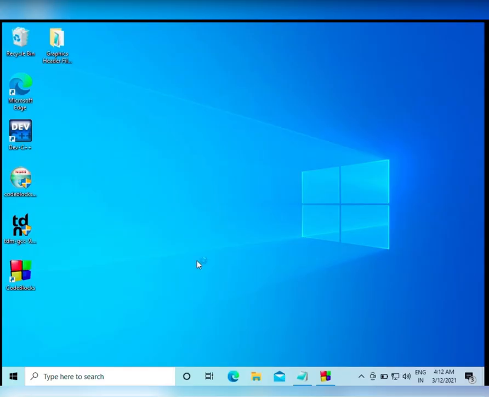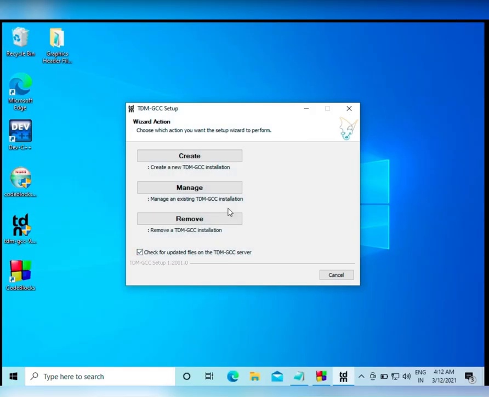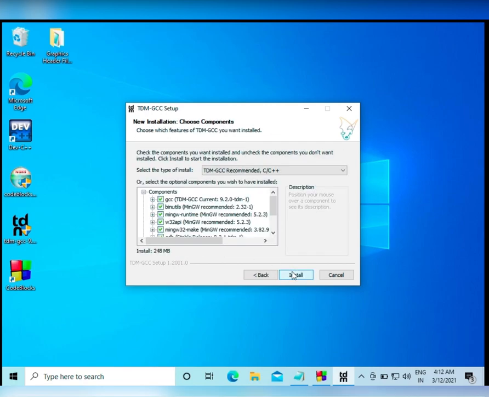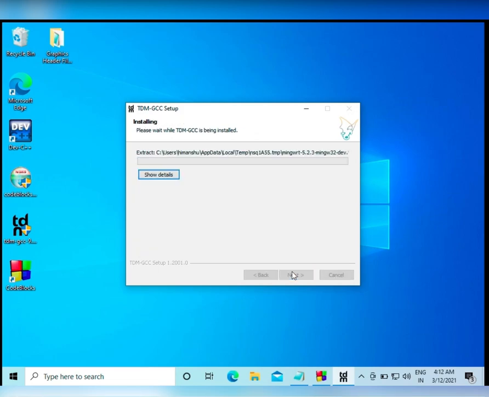Click yes. Okay, so uncheck this check for update box and just click the create button, and next here and install. And guys, please be patient because it will take some time.